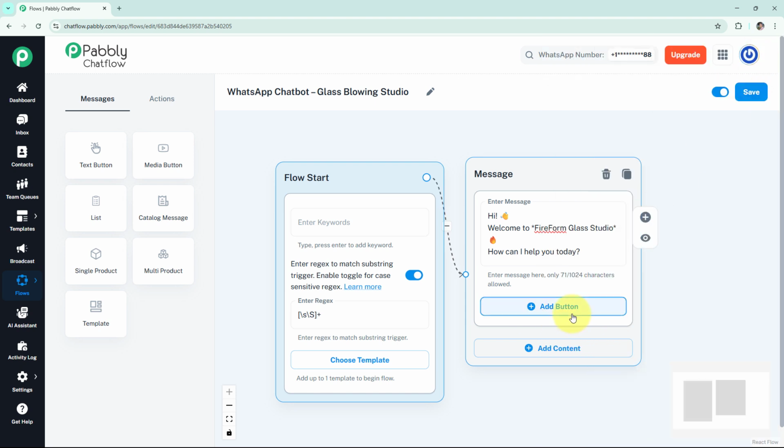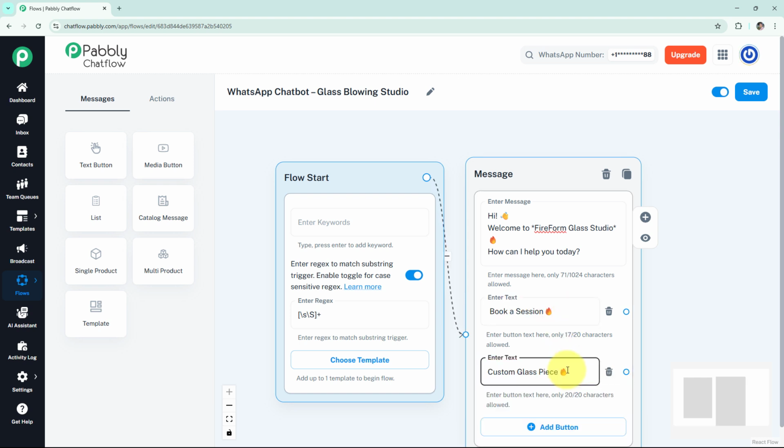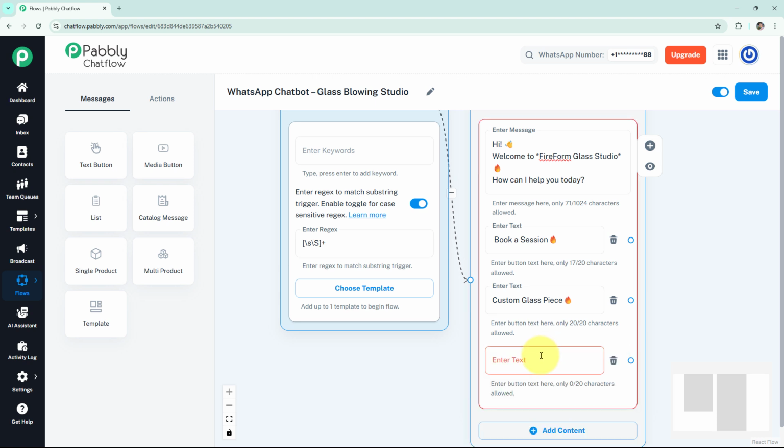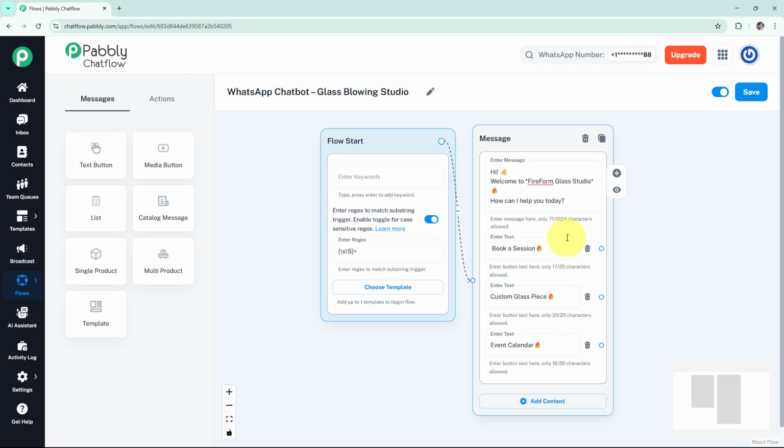So here with the help of this add button option, I'm going to add some quick reply options like book a session. Next, I'm going to add custom glass piece, and lastly, I'm going to add an option of event calendars and reminders. Once we are done with our first message, we will curate a response for each of the quick reply option. Let's begin with book a session, and for that I'm going to access the action type notes